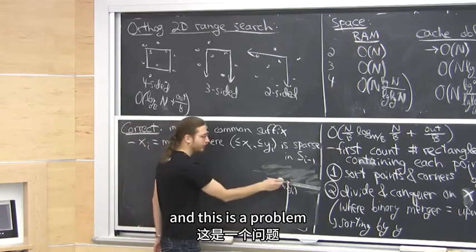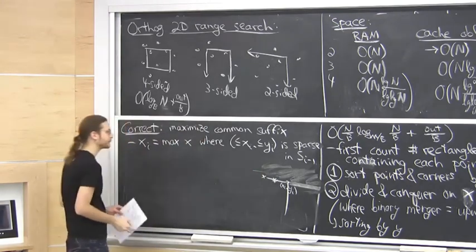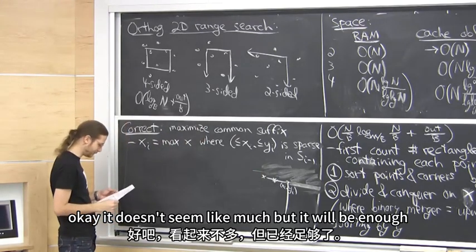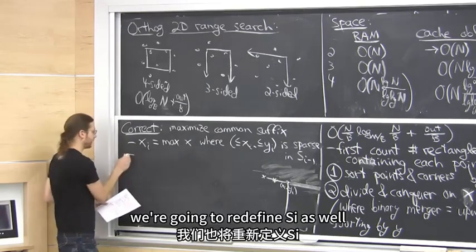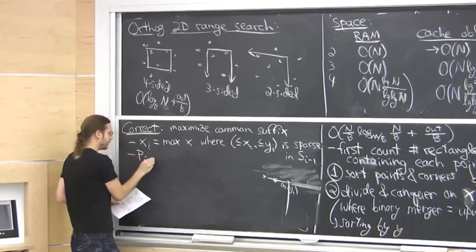And this is a problem. Queries over here are also potentially a problem. We don't know. Okay, it doesn't seem like much, but it will be enough. We're going to redefine si as well. So here's the fun part. If we have